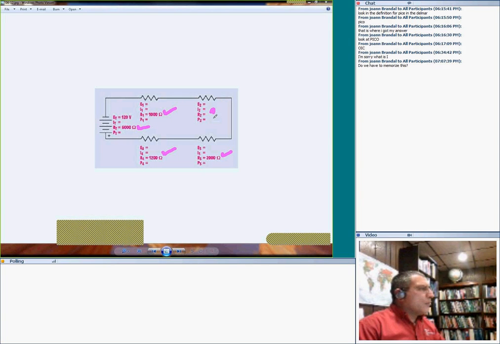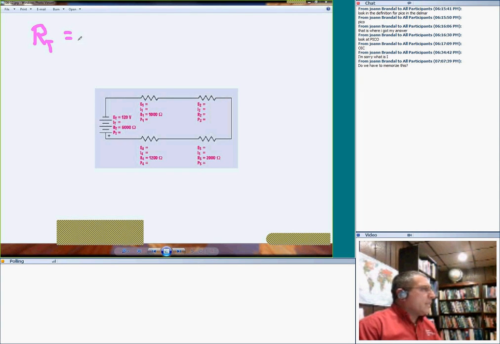I don't know what resistor 2 is. No problem. I don't know what resistor 2 is. So what's the best way of doing this example? You know the way of doing this example, guys, if you remember, the R total